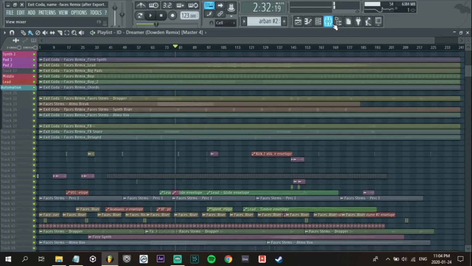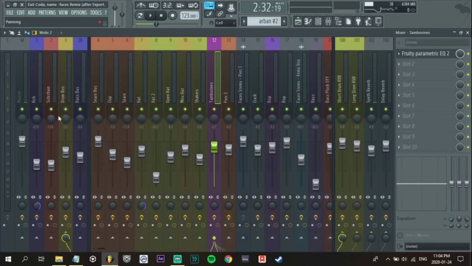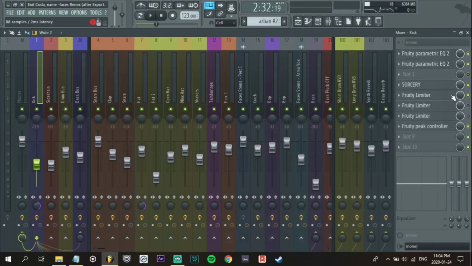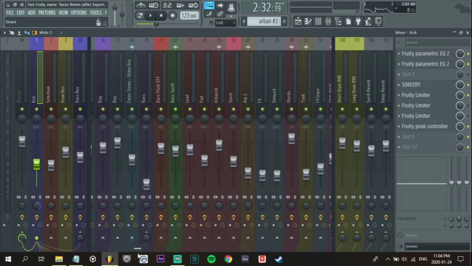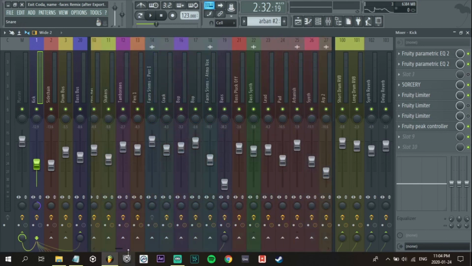Okay, so a couple things I noticed is that the kick is a little bit lacking in punch, and we can fix that with some EQ and some compression. And the drums could be a little bit punchier in some aspects, and the lead is not very punchy. So I'm going to have to go back and adjust the lead anyways, but for this video,